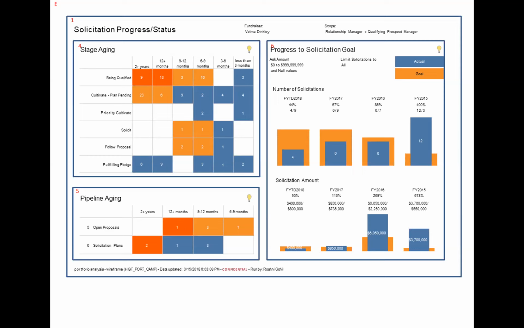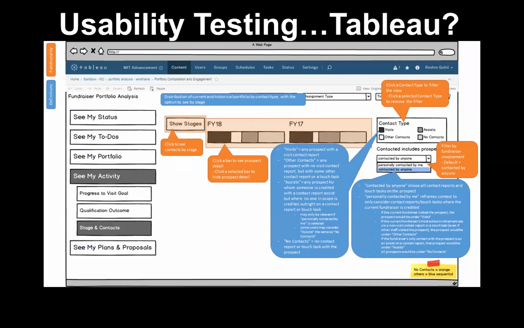So we put these out there, and we got a lot of feedback. We had users fill out a survey about the metrics they were seeing and about the dashboards themselves. But that feedback sent us back to the drawing board. We learned that our users are not comfortable with dashboards. They want to see one thing at a time and then move on to the next thing or go do something else. So we ended up going back to the drawing board and redesigning the entire thing with an expanded project team.